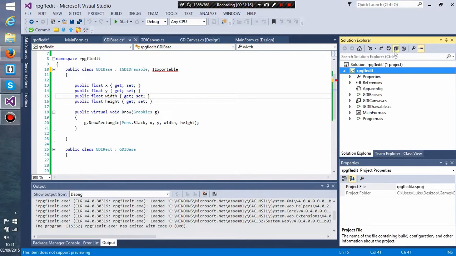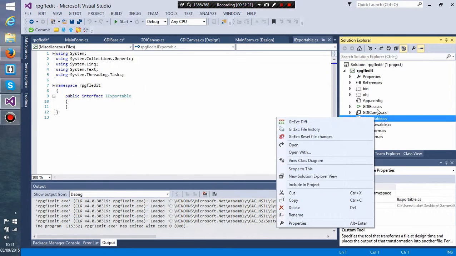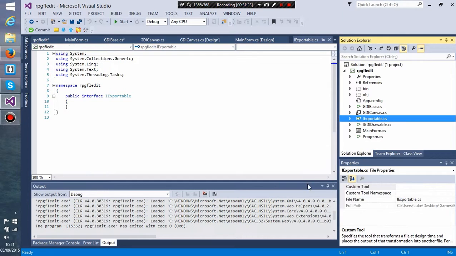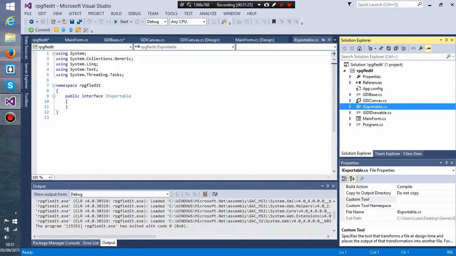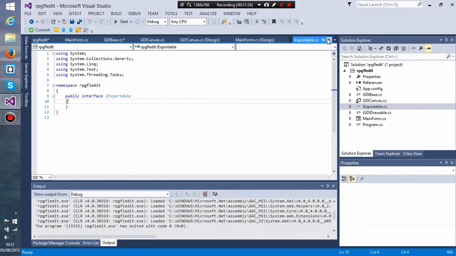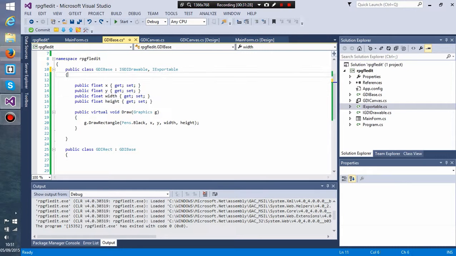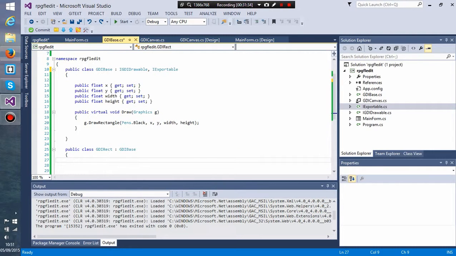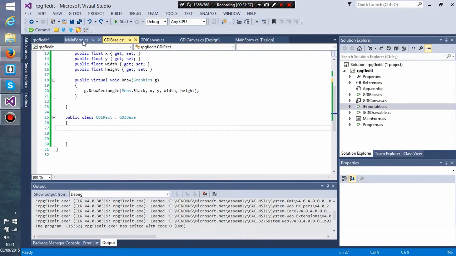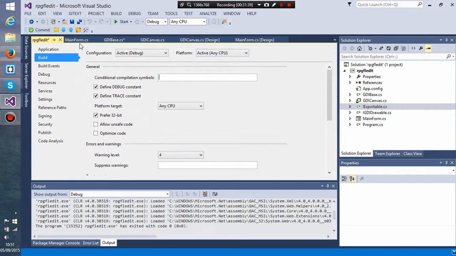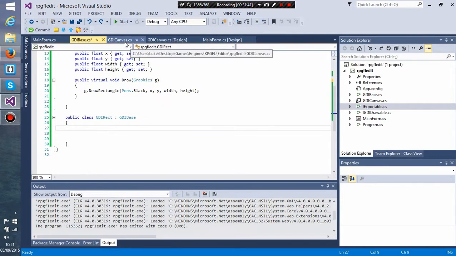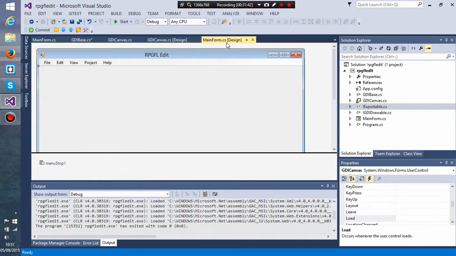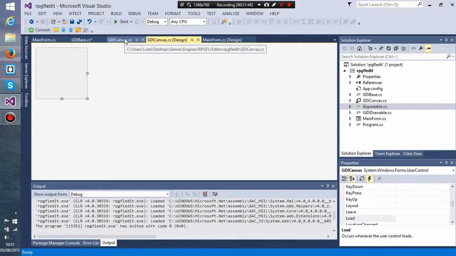Refresh. No. Show all files, including project. There we go. Right. So we'll say that it is in fact exportable,